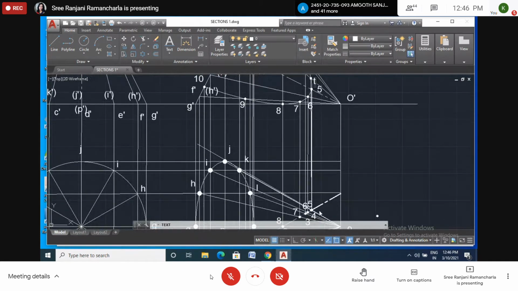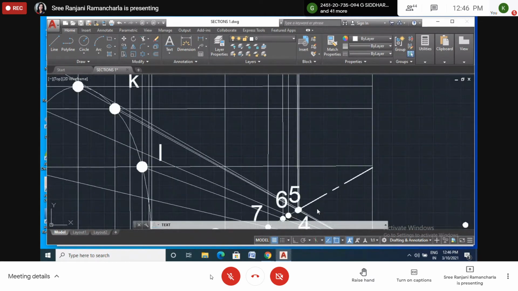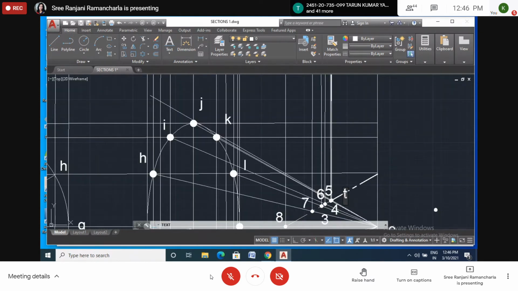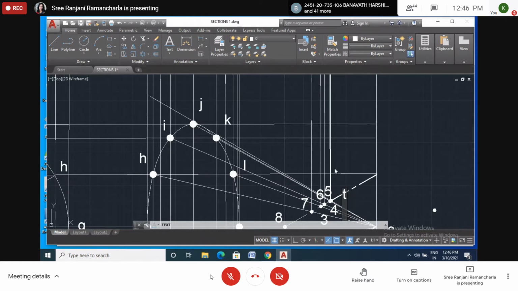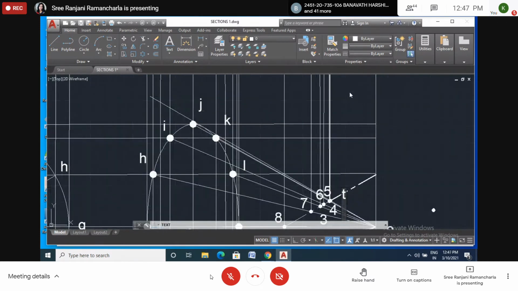T is between 5 and 4. Tangent. Don't forget. Don't bother about this one also. No one will be asking and no one knows about this explanation. Okay, so don't bother about that one. Why I taught this one is, there is something else here at this point about this understanding, and it's also given in the question, like the tangent is specified, so it is very important. I thought that it is very important to teach.